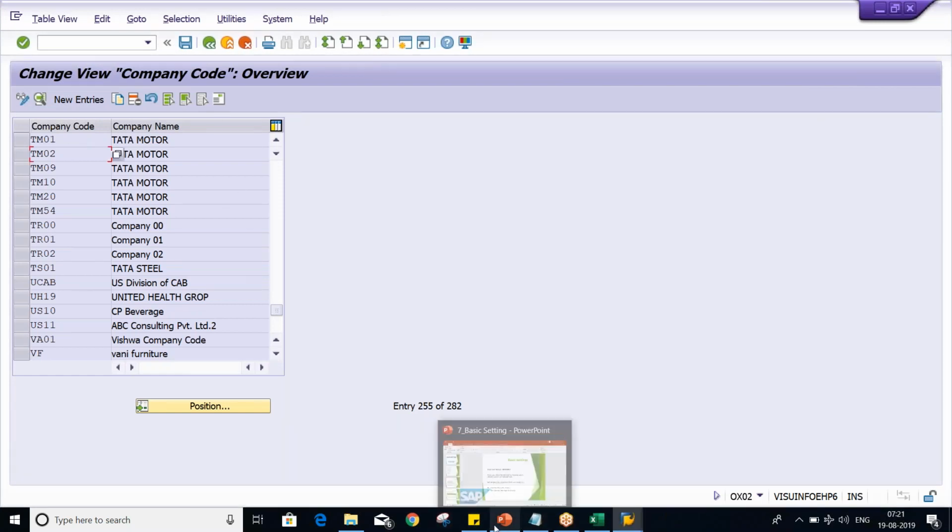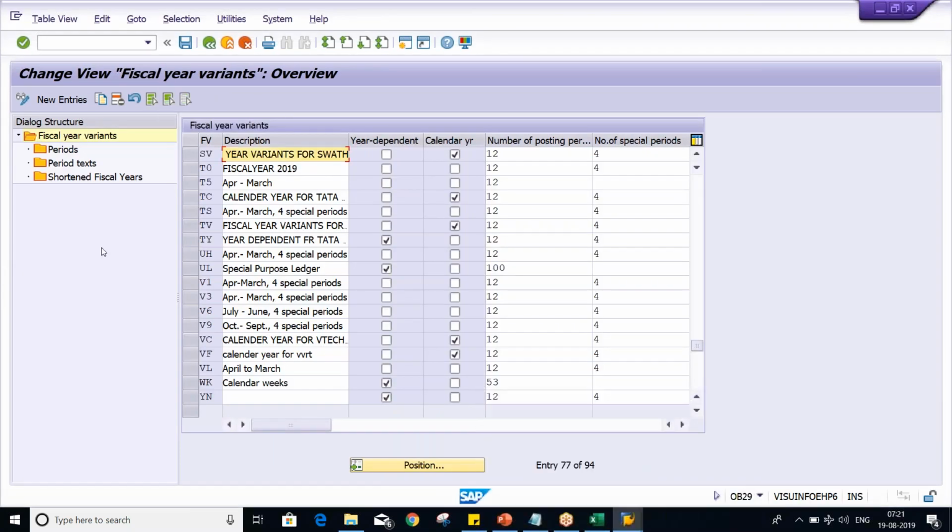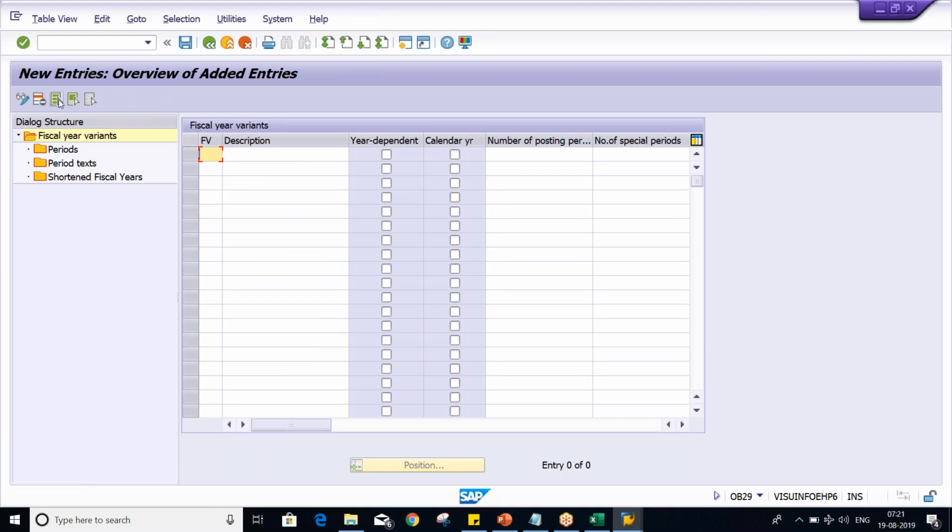So now I'll do one thing, guys. Here, let me take T5. I'm going to define my fiscal year variant. Click on new entry, and here you can give T2. In description, you can give anything. Let's suppose April to March